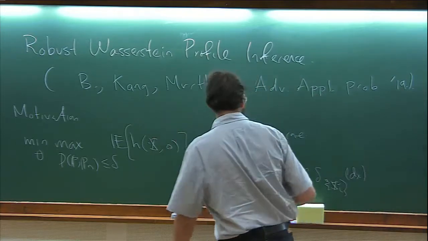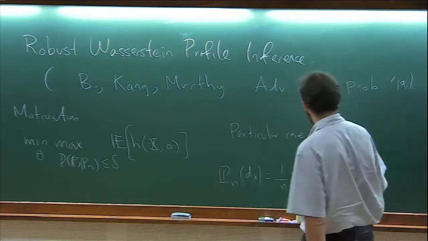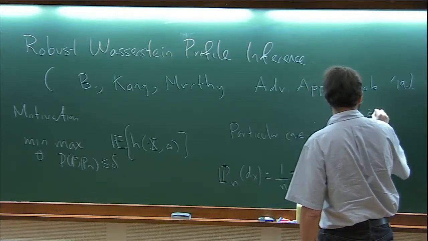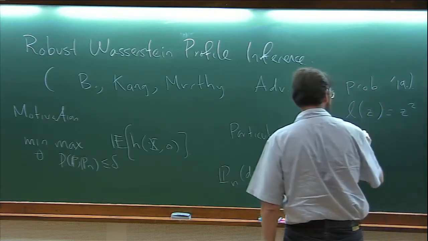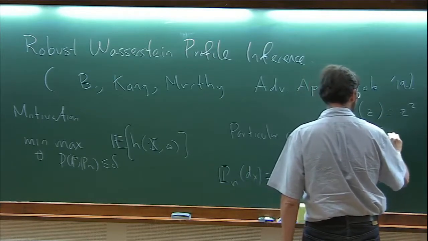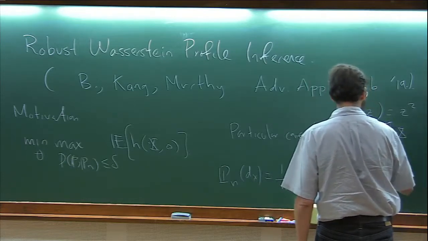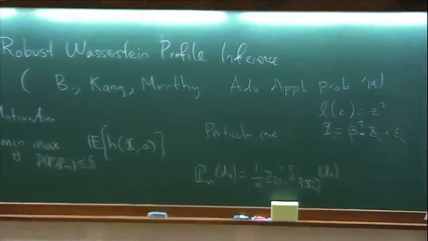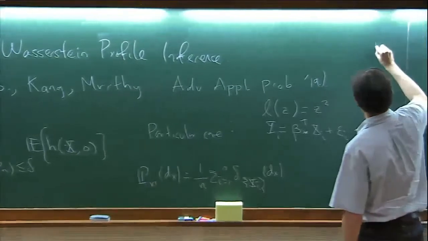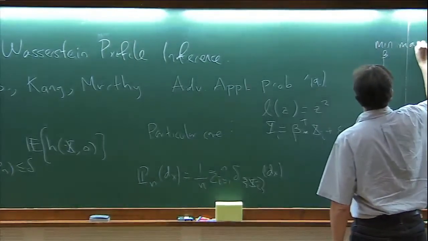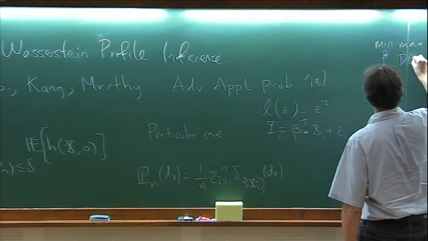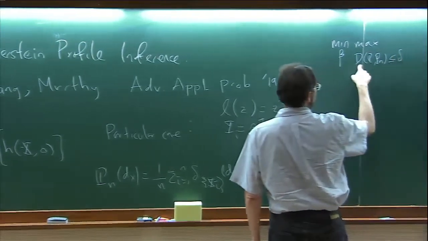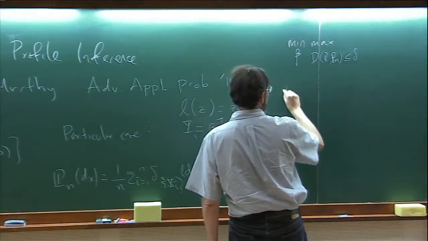Right. So a particular case you should keep in mind, for example, is the case in which you have a loss function, which is L of z equal to z squared, and you have a model which is a linear regression model. You have data of this form, and you want to solve for minimizing over beta, maximizing over the Wasserstein distance between P and Pn less or equal to delta, and the Wasserstein distance here that I'm going to be using is